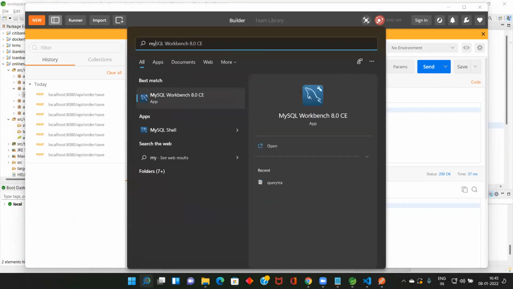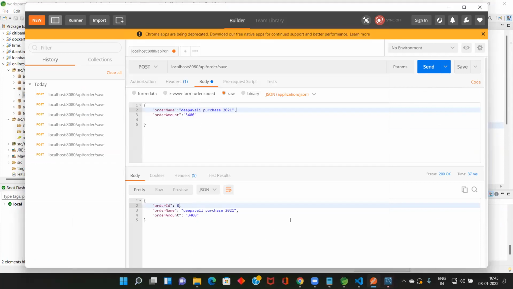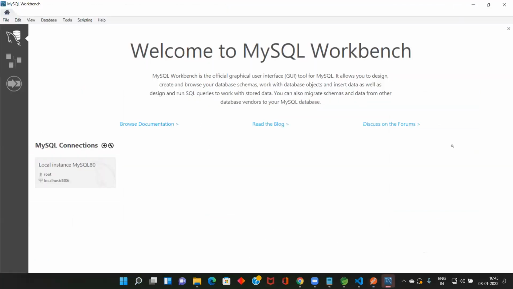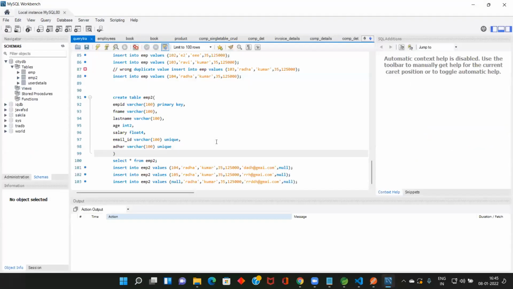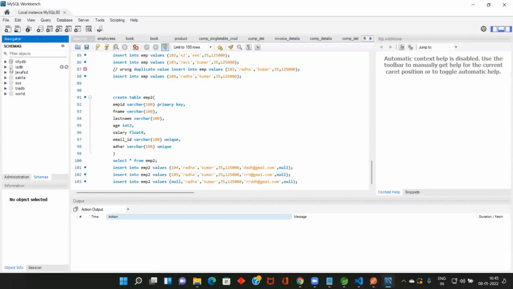MySQL Workbench, right? Workbench. Okay, so here I'm using TRADB. So here, tables.